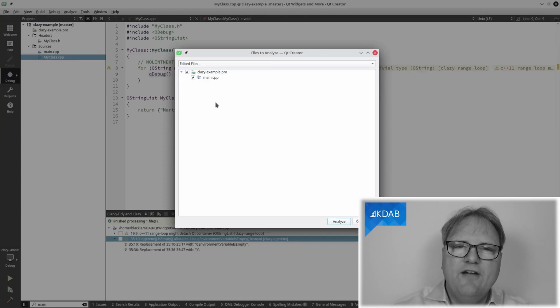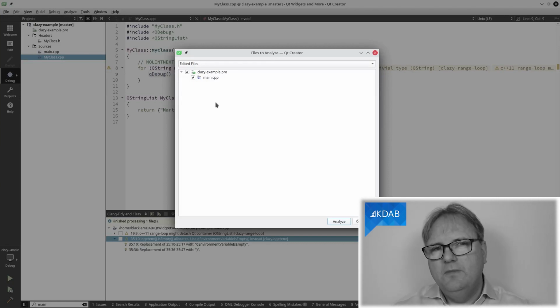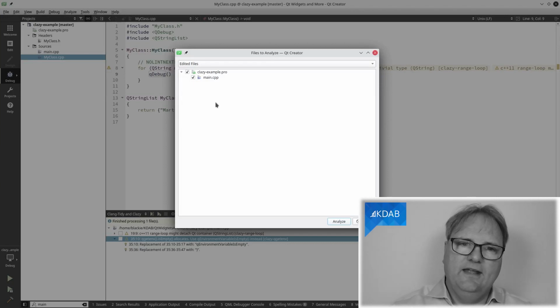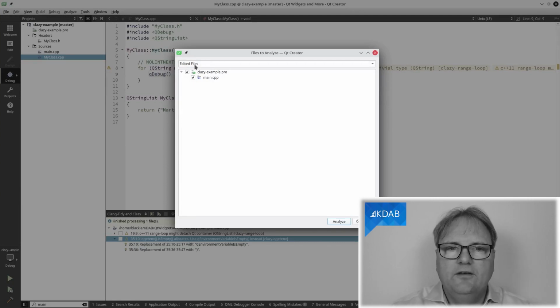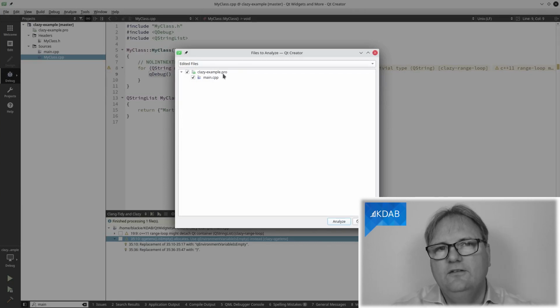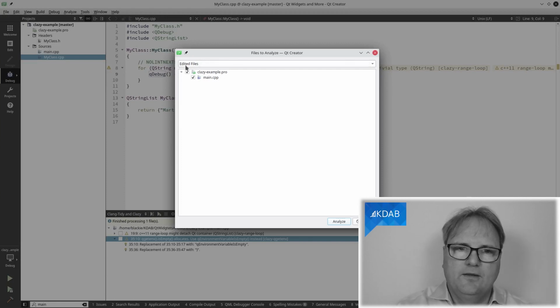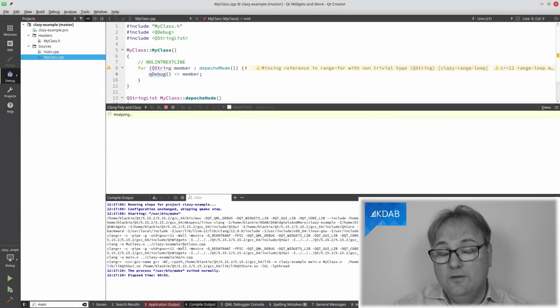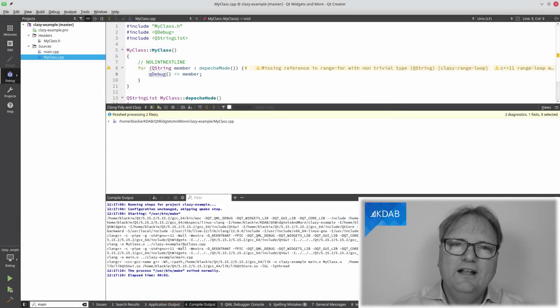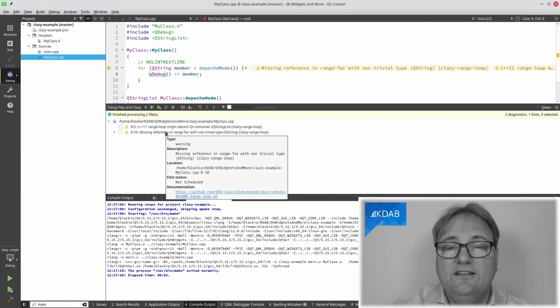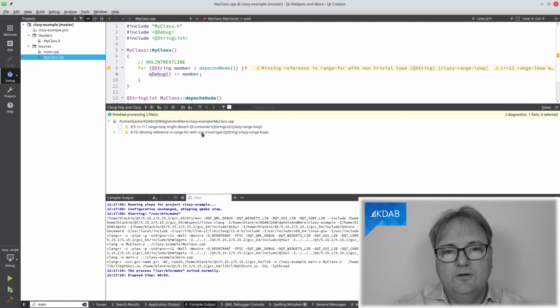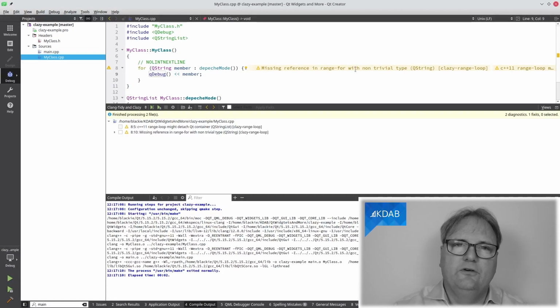So make that a habit whenever you are about to make a commit. Just run Clang and ClangTidy and Clazy on your commit with the edited file here, and then it will test just those files. But let's run it on all files, analyze, and now it's compiling my code first because it needs a compiled version of my application. And now it's running the analysis here. I already fixed those in main.cpp, so what's left over here are exactly those errors that we saw right up here.